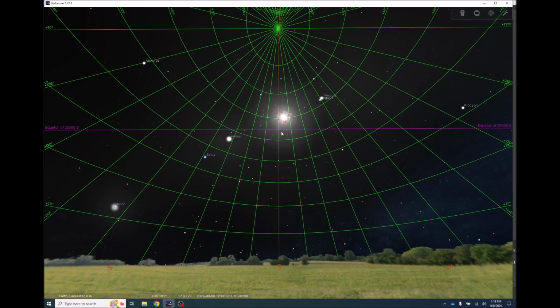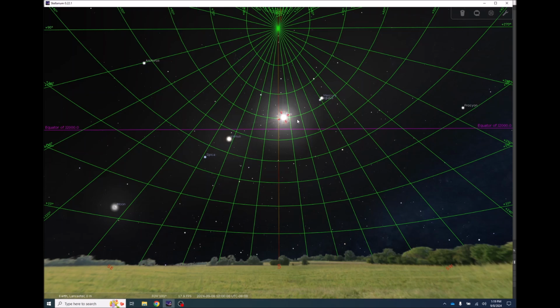Great. You can see where the sun is positioned at the moment here. It is a little bit above the celestial equator. When the sun rose on this day, it was a little more north of east. At noontime here, it's a little bit above the equator. We say that's a little bit north of the celestial equator. And then when it sets, it's going to be a little bit more north. And that's how it's going to look for the entire day.